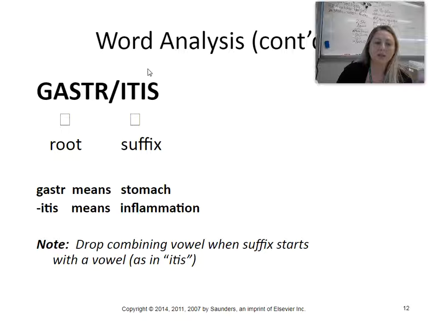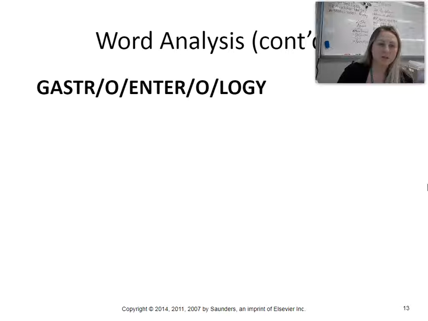So this is inflammation of the stomach. Now, whenever we have a suffix that begins with a vowel, we don't need to have a combining vowel, because when we have vowels in English, it's easy enough to say gastritis. Otherwise, we'd be saying gastroitis, which makes you sound like you're from Brooklyn. Gastroitis, right? But we don't put combining vowels when the suffix has a vowel at the beginning. All right,